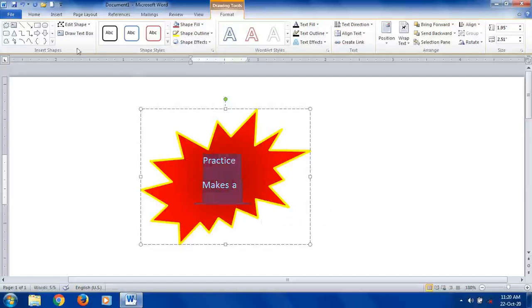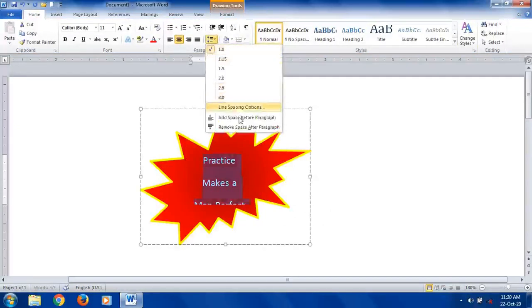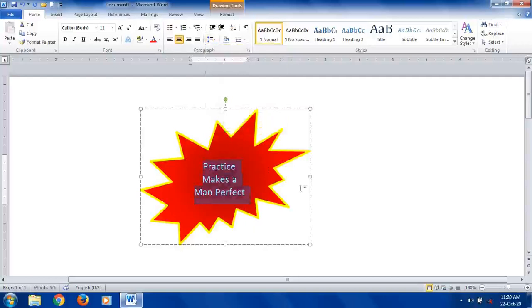See, now I have typed everything, but the last line is not displaying because of line spacing. The line spacing is more in between the text. So let us reduce that line spacing, and remove the spacing after paragraph also. Now see, the text is displaying. We can format afterwards, like you can give a different font style, or you can give cursive writing also.